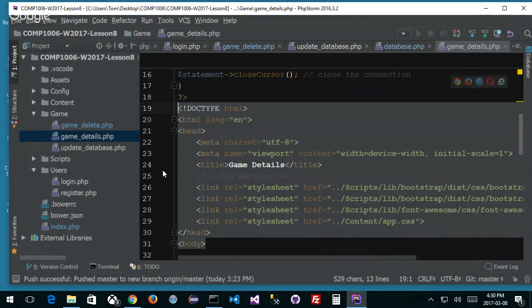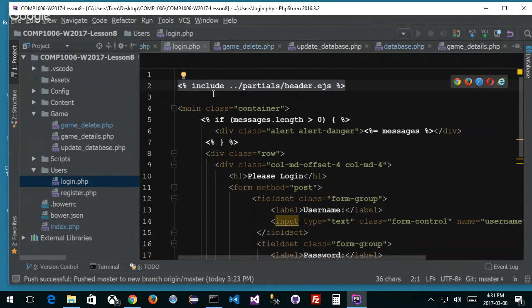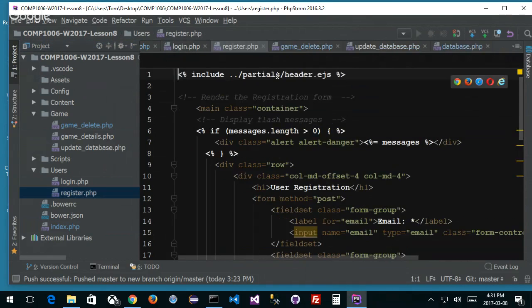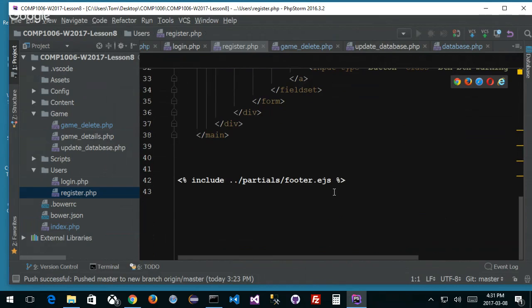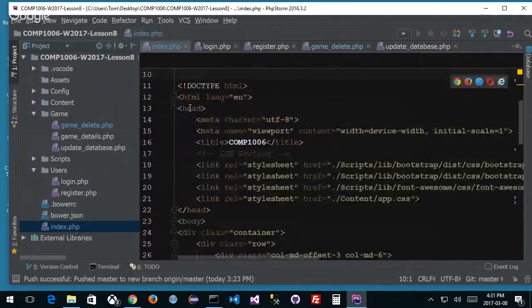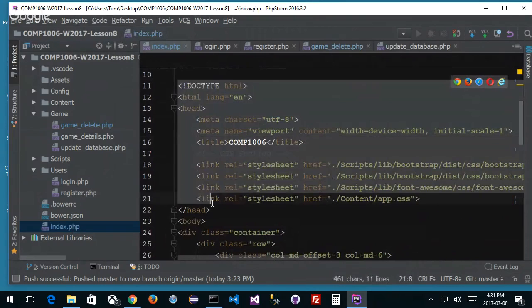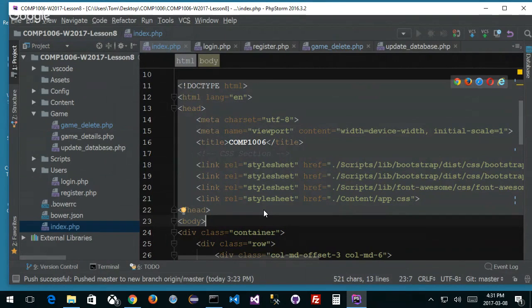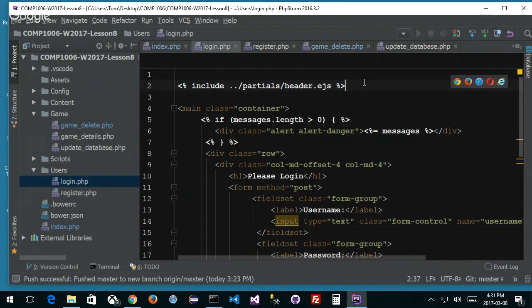Okay, so I can almost do exactly what I'm doing here in my login and my register, where I have an include tag at the top. It's not really written the same way, and an include file at the bottom for my footer. For now, we're not going to do this, to make it simple, right? I'm going to go and grab a typical top and bottom from my index.php, like this stuff. I'm going to duplicate a little bit, grab all this stuff, including the body tag, take this, copy, I'm going to go into my login page, right, and replace this,